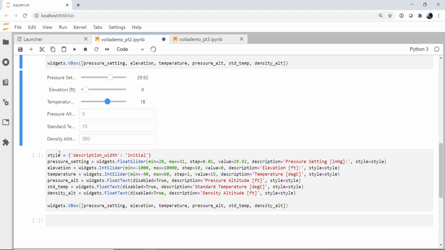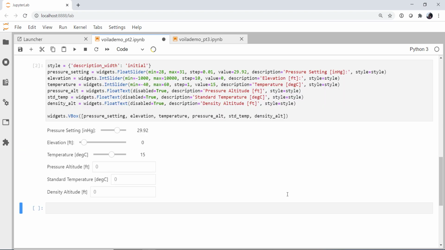So since I'm going to use this on multiple widgets, I just set that dictionary to be the variable style, and then we set the style keyword argument to be the style dictionary for each of the widgets, and then we'll redisplay them. So now we have the full description, and this may or may not be the look that